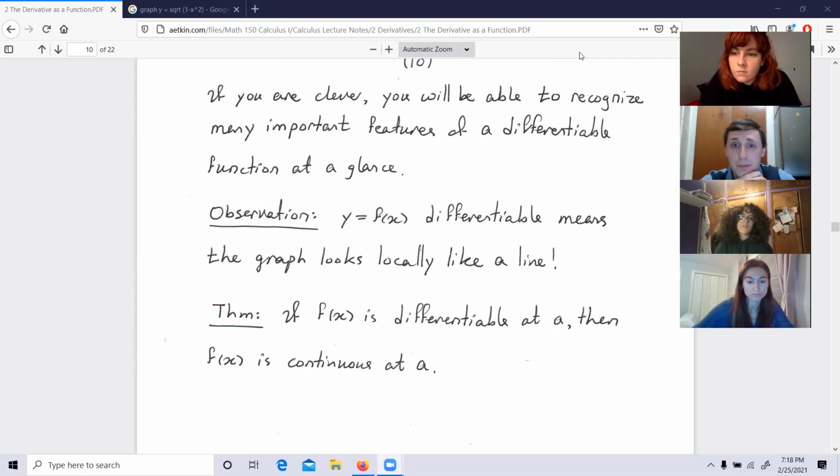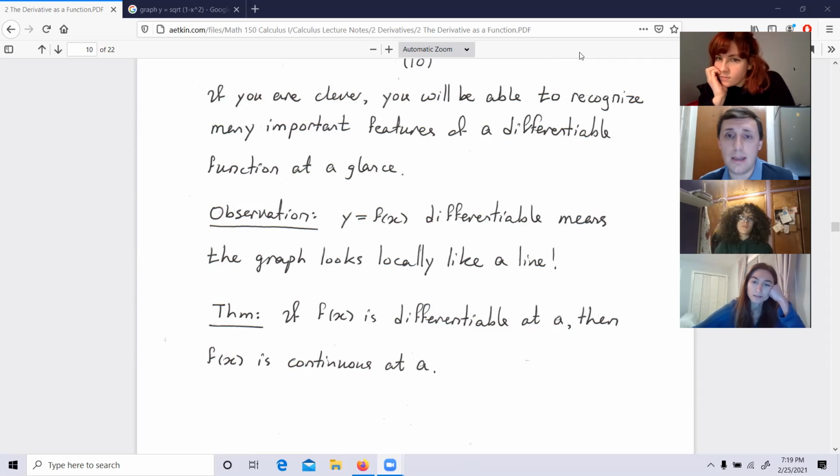Would anybody care to speak? Well, when we zoom in on this function, if it's differentiable, there's going to be a line there, and it will be continuous because the line just goes without a stop. There is no space. No breaks. Exactly. Yeah, right? So it's very intuitive. The answer is immediate. If the function is differentiable, it must be continuous.